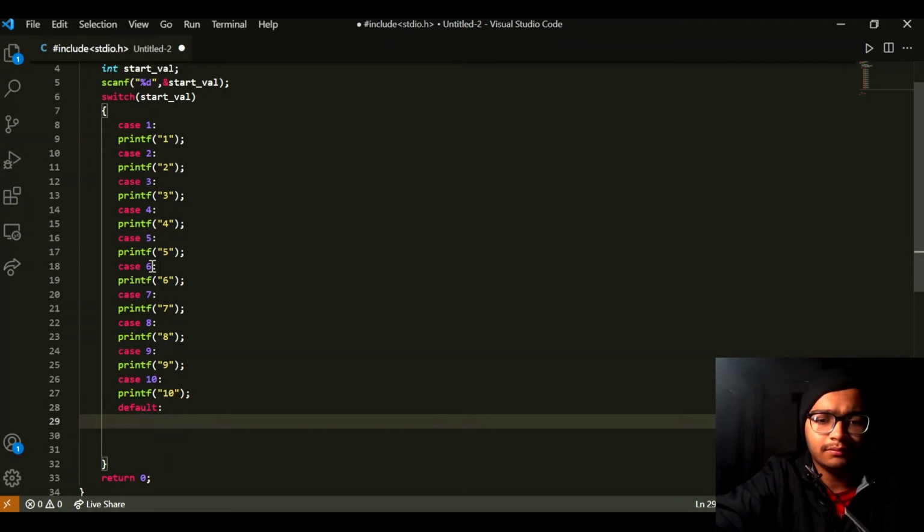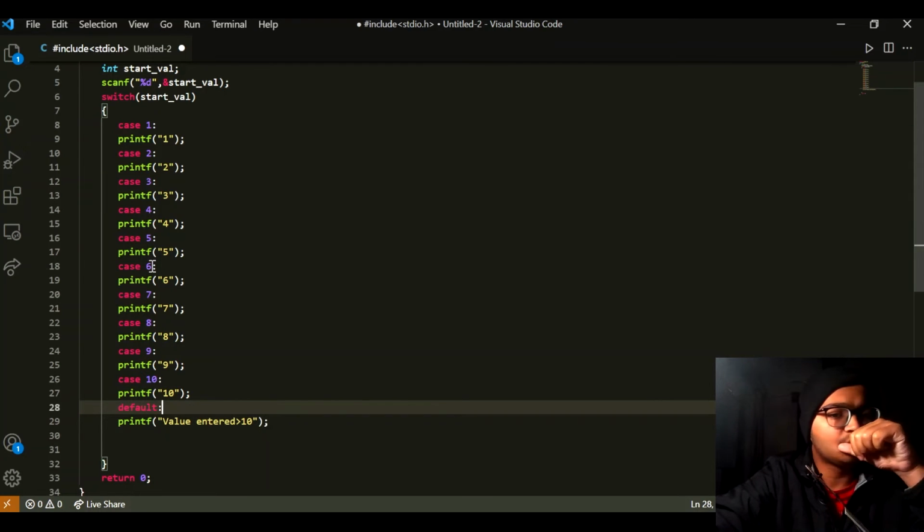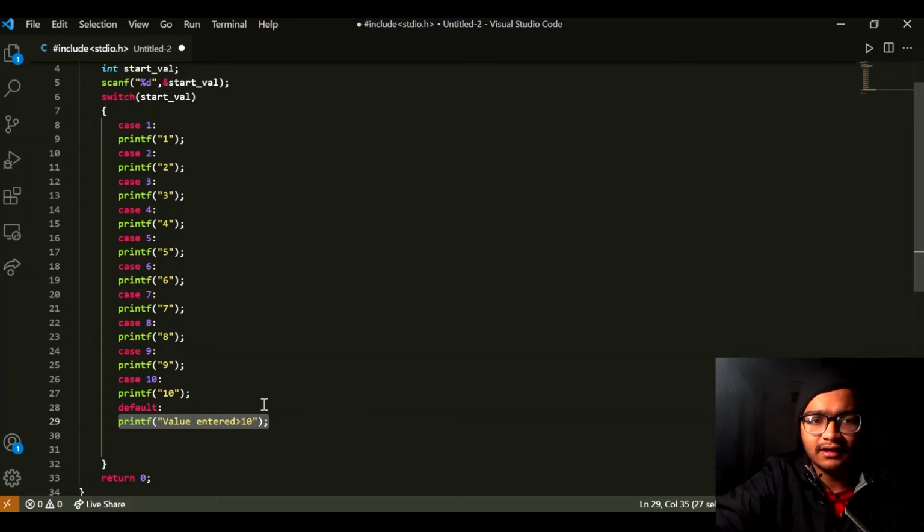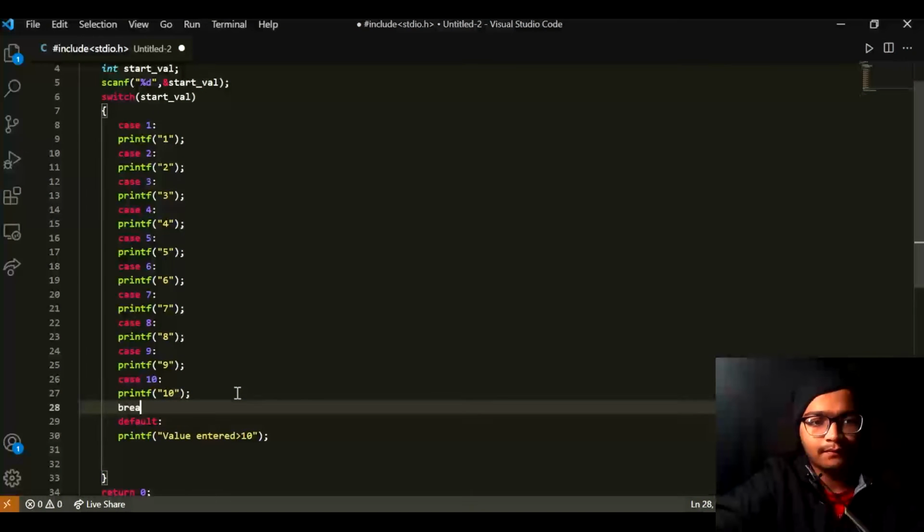So we will write a default block, printf "value entered greater than 10". Okay, so see here, we will print up to 10, and we don't want to print this line, the value entered is more than 10, if our output is already coming, right? So what we will do, we will write a break statement after the case 10,